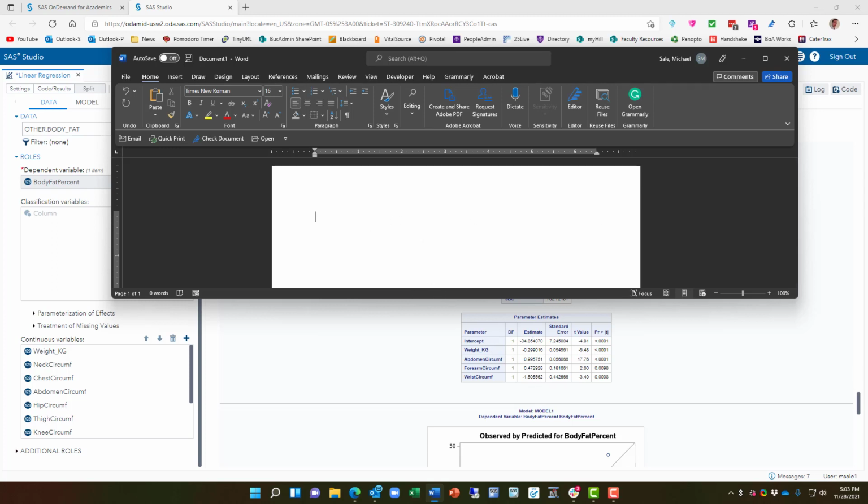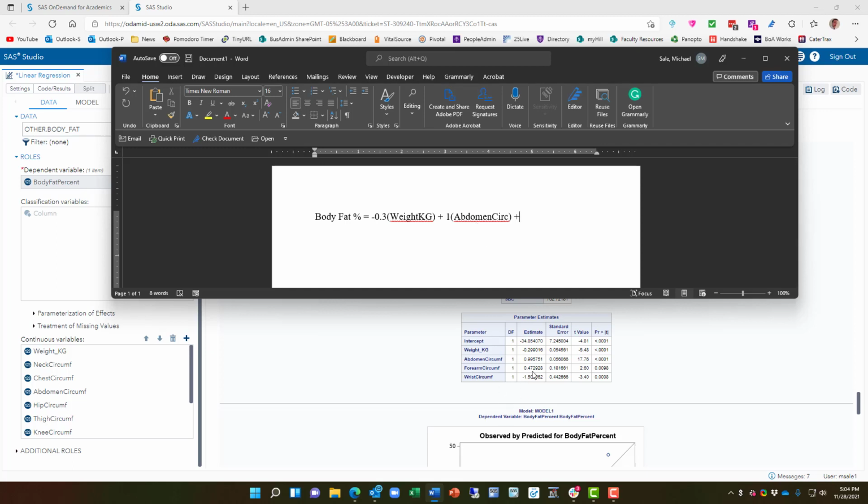So if I were to write this out, I would say that my body fat percentage is equal to, and I like to start with the covariates and then do the intercept last. You can do whatever you'd like. So we'll start here. Weight in kilograms is negative 0.29. If you don't mind, I'm going to round to 2 decimal points. So this is going to be negative 0.3, and that's going to be times our weight in kg, plus, you notice abdomen, if I round that, it's pretty much 1. So, I guess you could say 1 times abdomen circumference